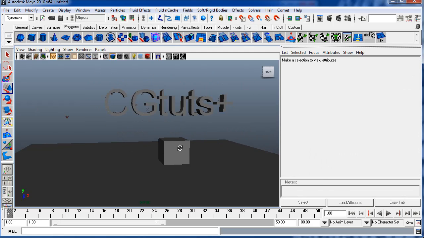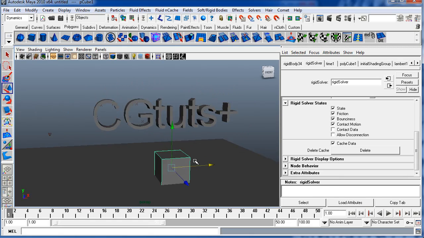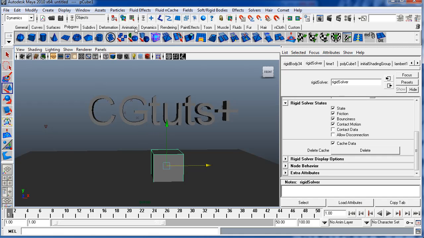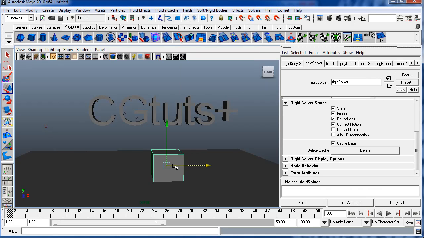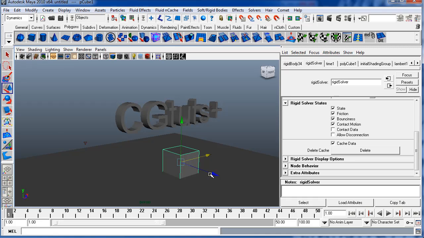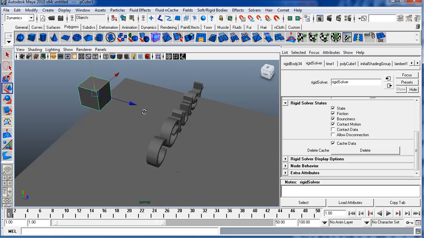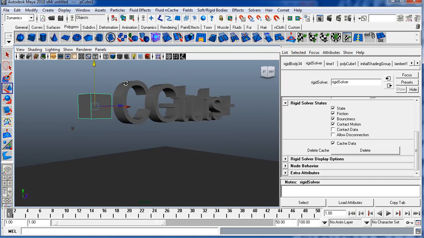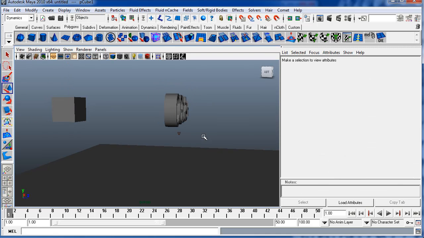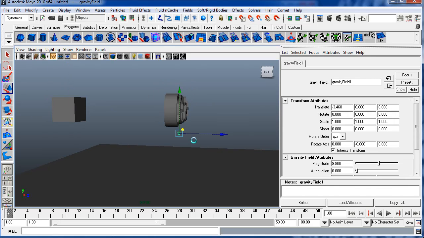And what is also possible is, it's pretty cool because you can use all these fields to influence the rigid bodies. So turbulence field, air drag, you can play around with it as much as you want. Or you can take, for instance, this box. It's already a rigid body, so let's use that to just smash it. Let's actually delete the gravity for now,